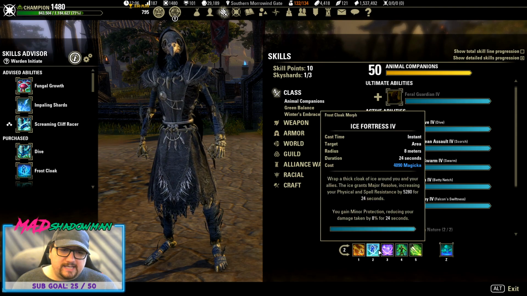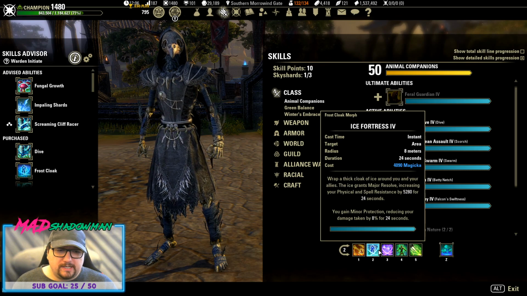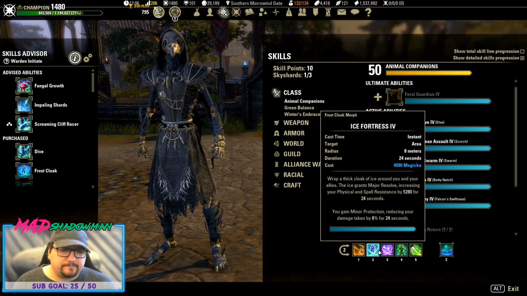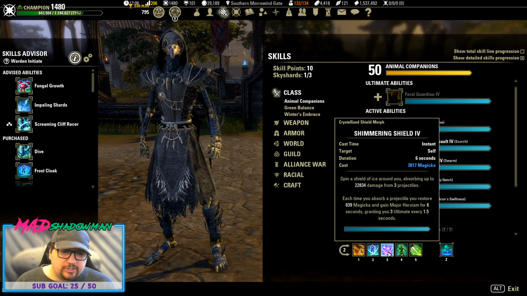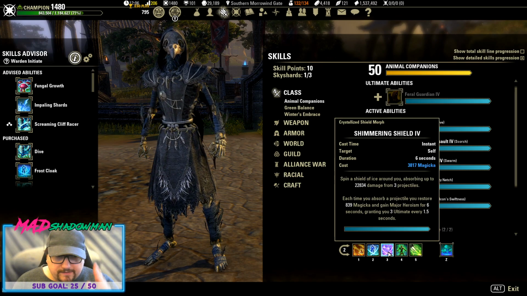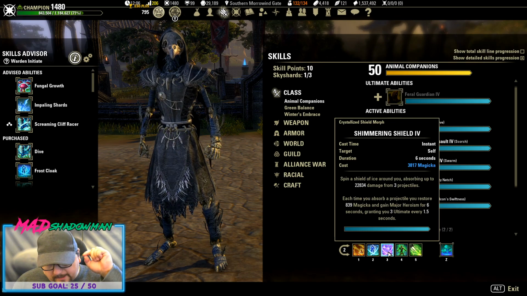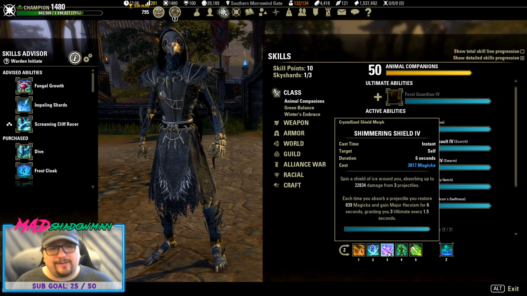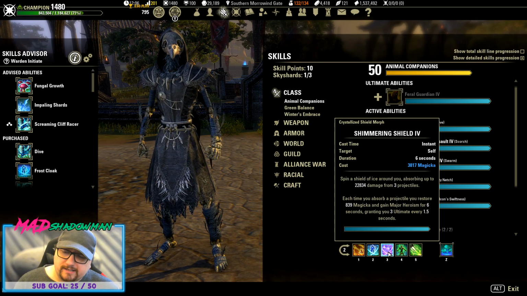The next one is Ice Fortress. This is our armor buff and gives us the minor protection. That's all that there is to it. Really good skill though. The next one, Shimmering Shield. This one is OP. I've said it a million times. I will say it again. This one is OP. And this is probably the most important skill on this build because, of course, not only does it absorb the damage from projectiles, which is...